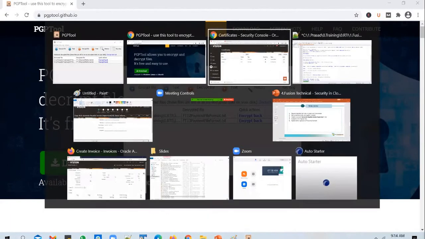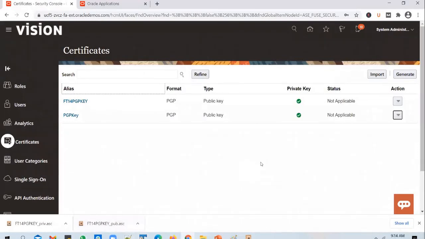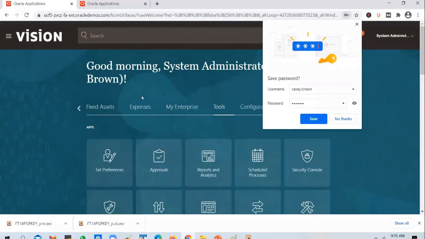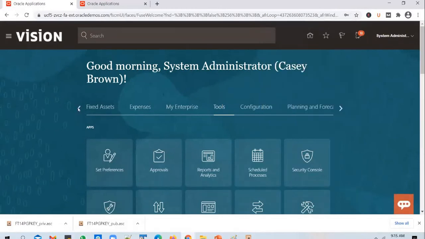So the way it works is, client will use the public key to encrypt the file. They will generate an employee file from the source system. They will encrypt it with this public key, and they will tell you that, boss, I have used the FT14 PGP key to encrypt it. And what do you do? You will kick off the HCM data loader process, and when you are submitting the HCM data loader process, it will ask you what decryption key needs to be used. So just to show you, let me quickly show you the navigation in HCM data loader, or the option where you can pick up that decryption key.